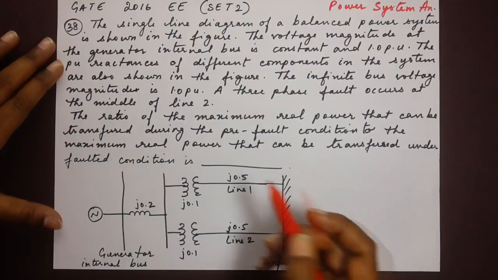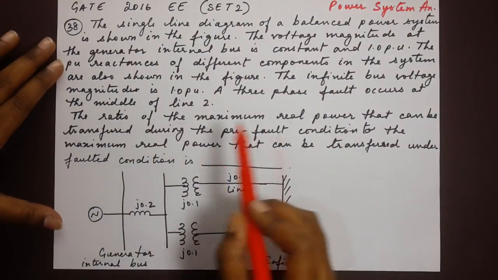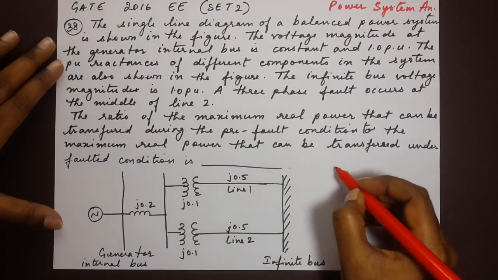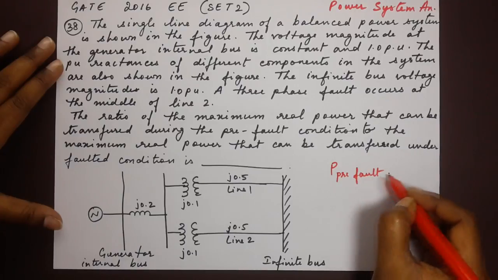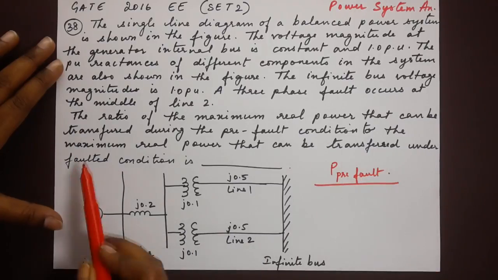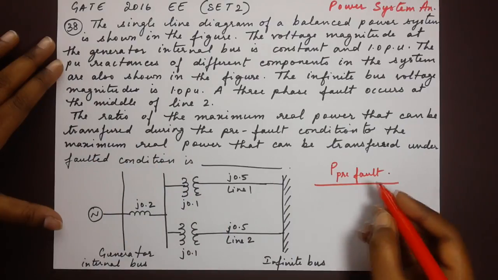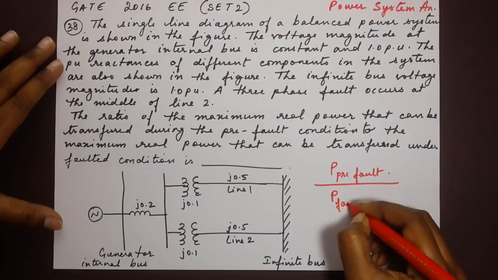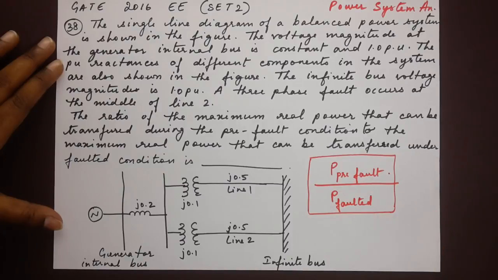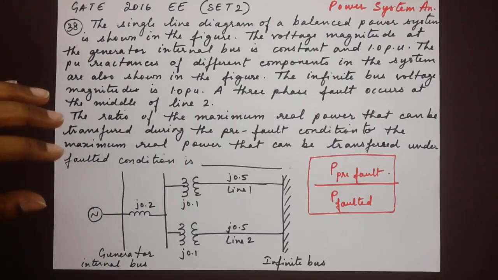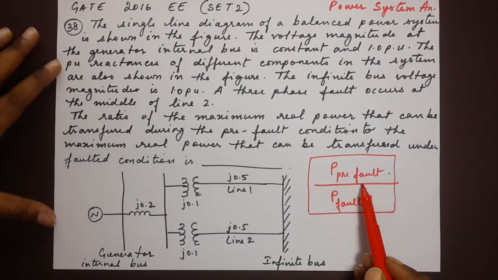So the question asks us to find the ratio of the maximum real power that can be transferred during pre-fault condition, so that's power at pre-fault, to the maximum real power that can be transferred under faulted condition, power at faulted condition. This is the ratio that we are asked to find. Quite a number of steps go into solving this problem. Let's work it out. First, we need to calculate the maximum power at the pre-fault condition, that is before the